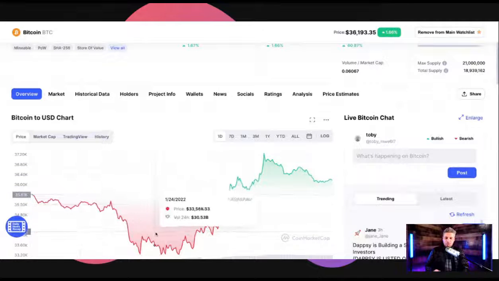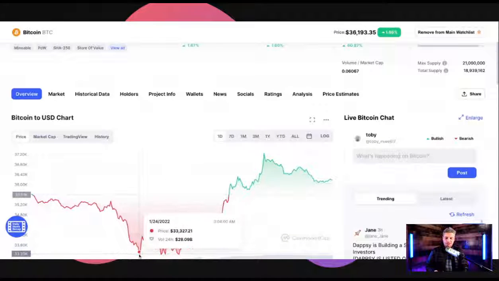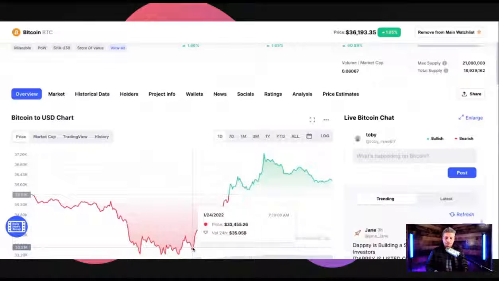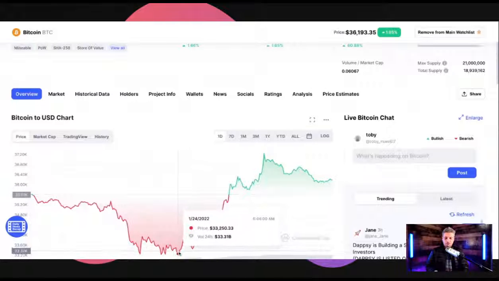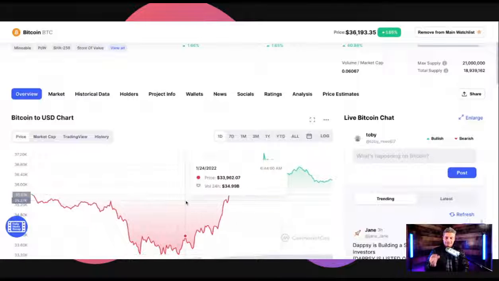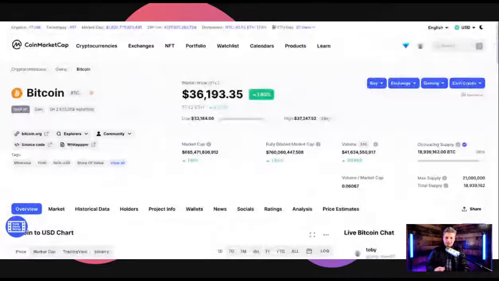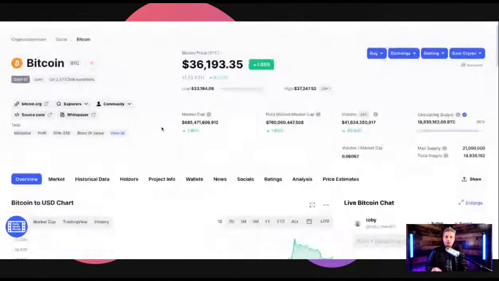One day gives you a good idea of what has happened today. You can just slide across the chart like this. See how the numbers change. I want to see the lowest point of the day. I'm going to go about right there, it looks like 33,250. Now, that's the low of today, and I believe that's the low of this recent pullback. Actually, it says 33,184 here when you look at the 24-hour sliding scale where my cursor is at. And that's another way of just looking easily at where we're at in the day.